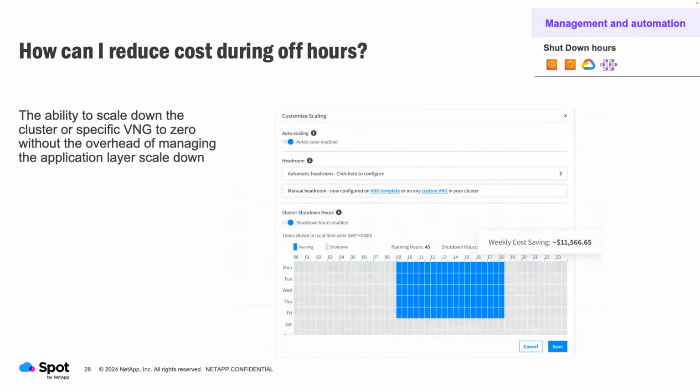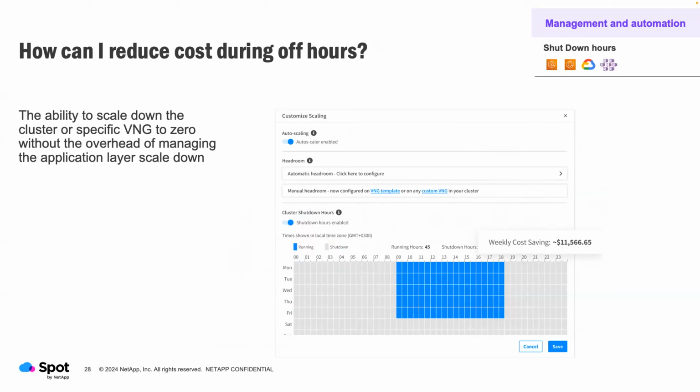This one is one that always comes up, particularly for non-prod environments. And this is something that is generally there as a native functionality through AWS. This is essentially just our implementation of it, scaling clusters down to 0 during off hours. Generally, that's non-prod, test, QA, those types of clusters. Best way to save money is to turn it off. If it's not running, it's not generating any costs for you. You still pay for storage, obviously, but you don't pay for compute.